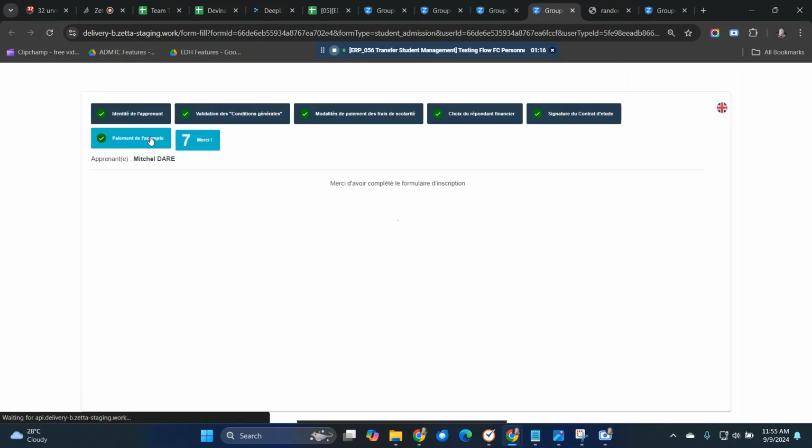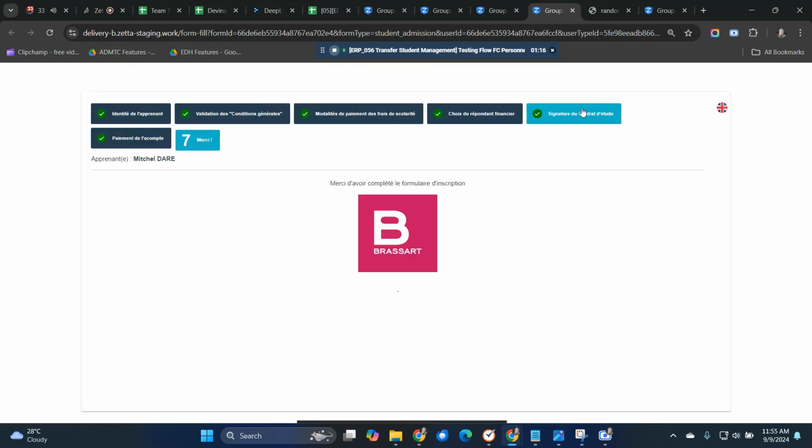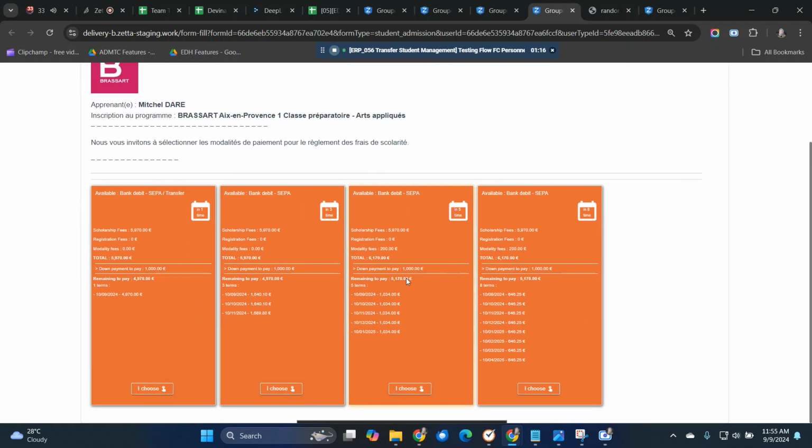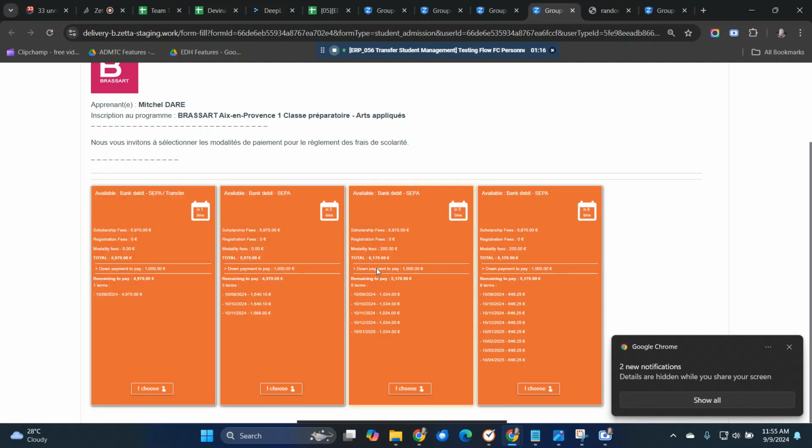This form already marked all the steps as complete. But after I check in the modality, this is a different scholarship fee from the previous program.